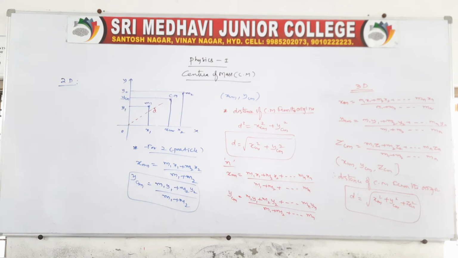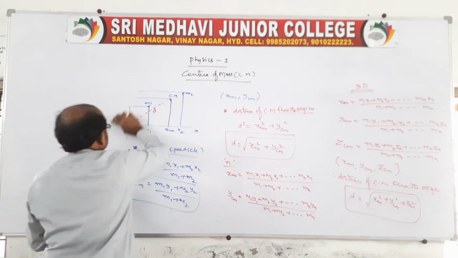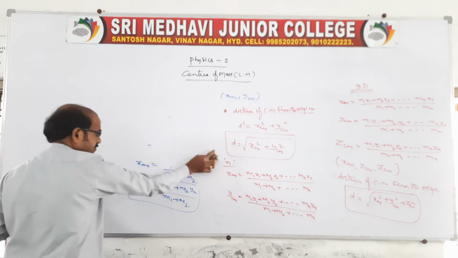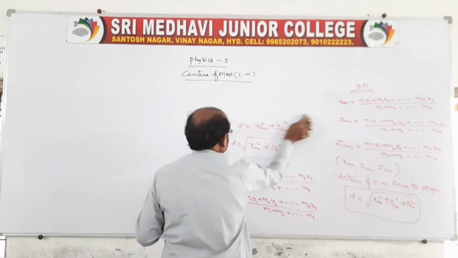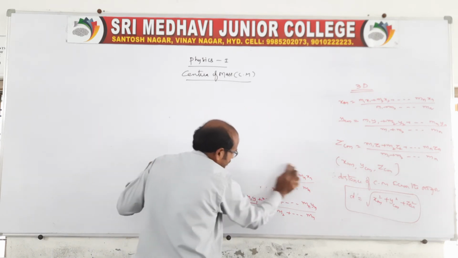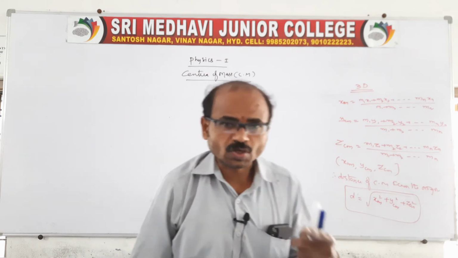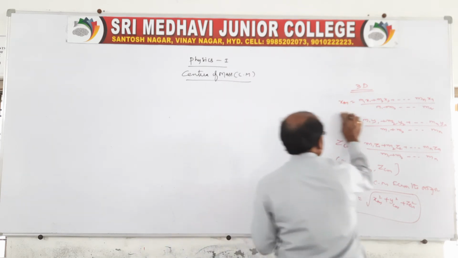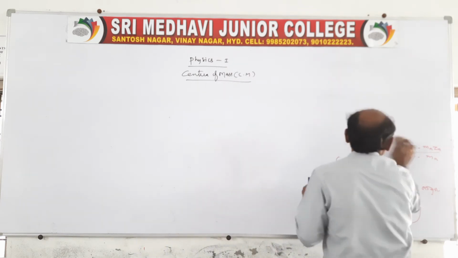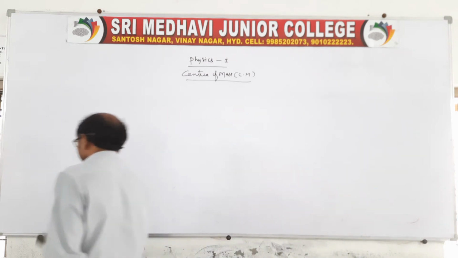On this basis, we have one problem for the two dimensional case. Suppose one problem is given, which is very important for IPE. Actually from this chapter we will get two 4 marks questions and one very short answer question, one very short answer and two short answers they will ask you in the final examination. In this I will tell you the first problem related to the two dimensional plane. The position of center of mass we have to find. So there is a question given, one problem.